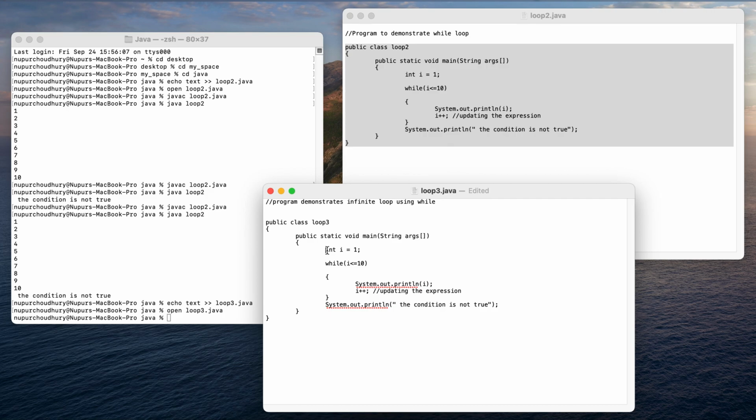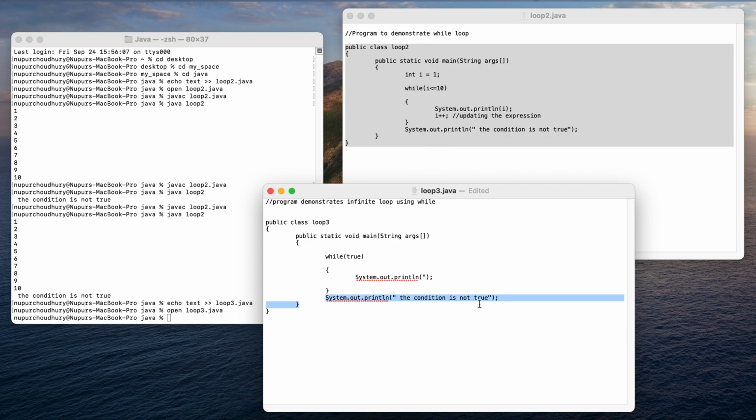So this is loop 3 because I have saved my program using loop 3, okay. So now what was the basic condition which was necessary? I have to pass true in my condition of while, okay. So while true, whatever we write inside this goes on executing without coming out of this loop, okay. So here I will go on, okay. So this will be the statement which should be printed. So now let us print it again and again until a manual intervention is there, okay.